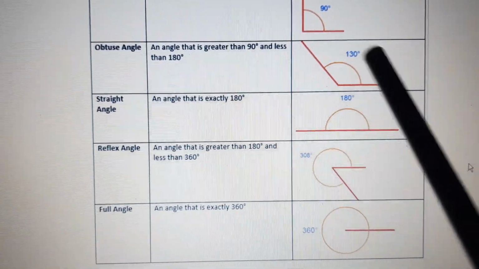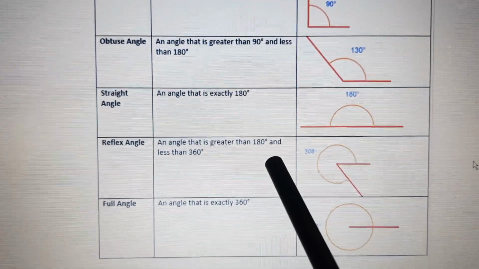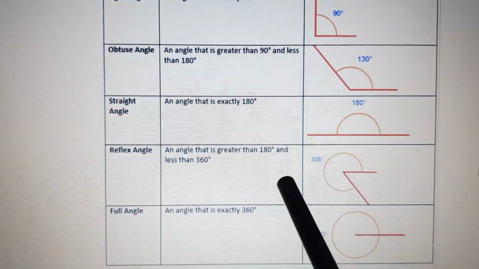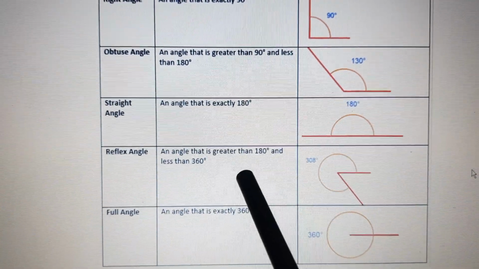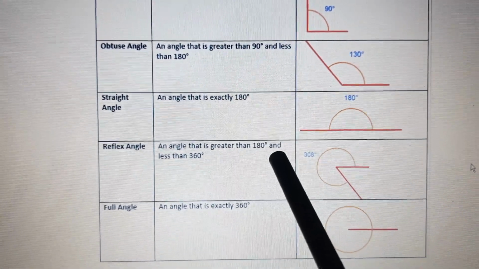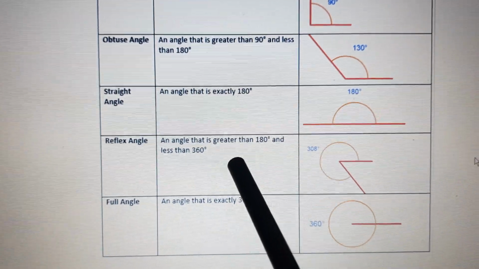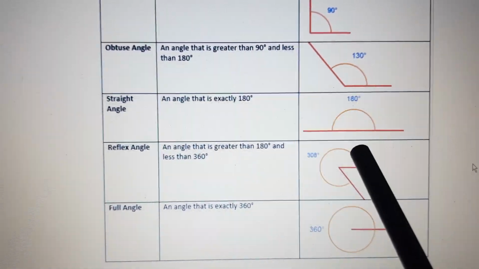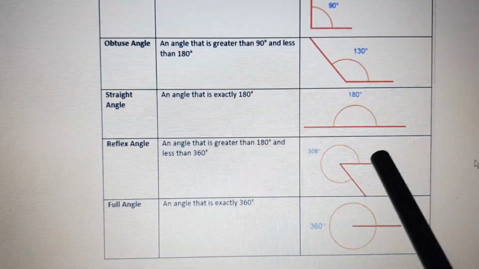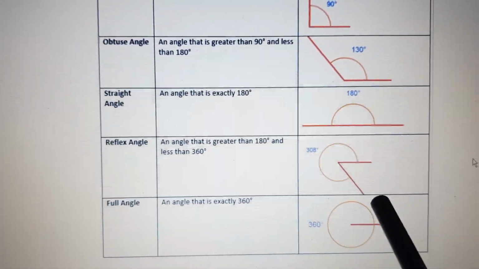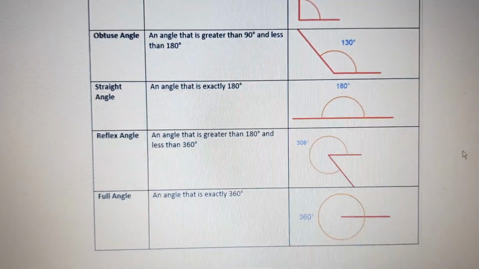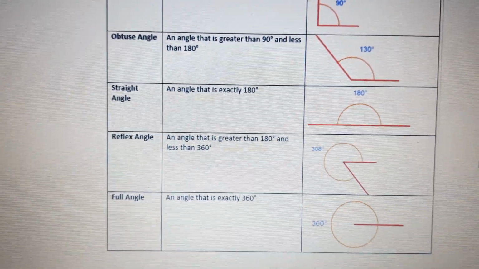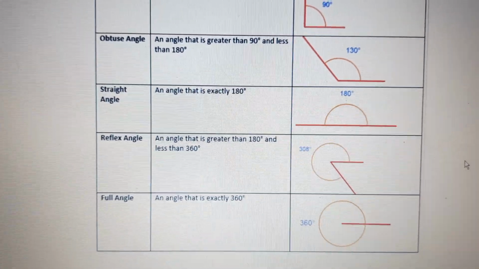Okay. Reflex angle isn't there for you, so we will just omit it, or it's better for extra idea. Reflex angle, an angle that is greater than 180 degrees and less than 360 degrees. So here you can see that. Okay, reflex angle means it is greater than 180 degrees but less than 360 degrees. 360 degrees is an angle made by a circle, children. A circle measures 360 degrees.